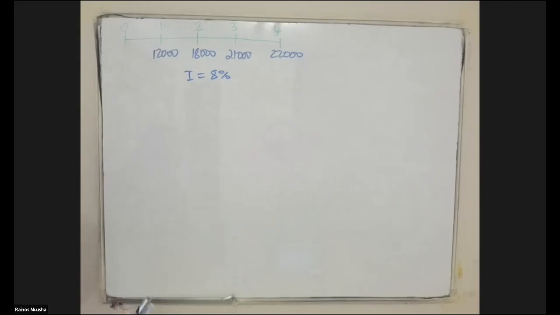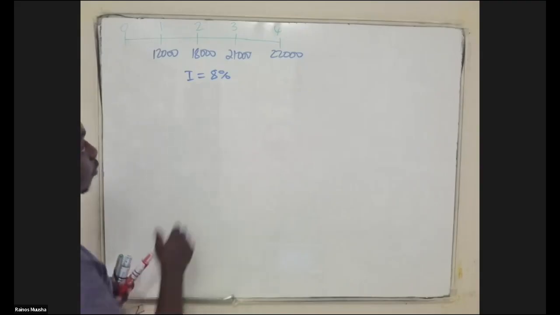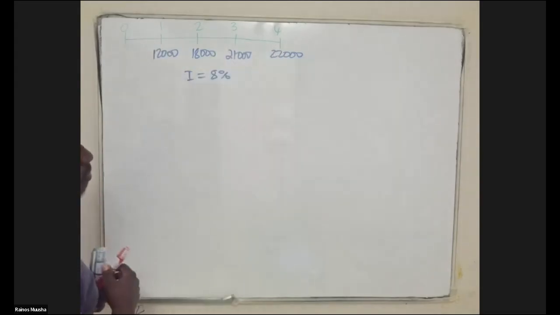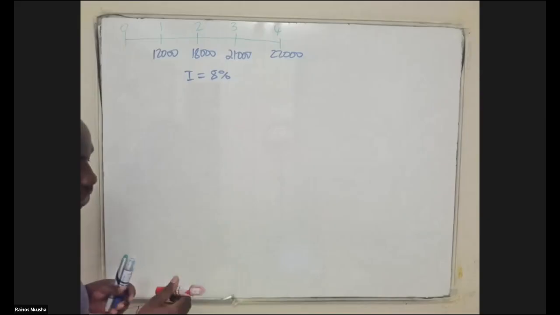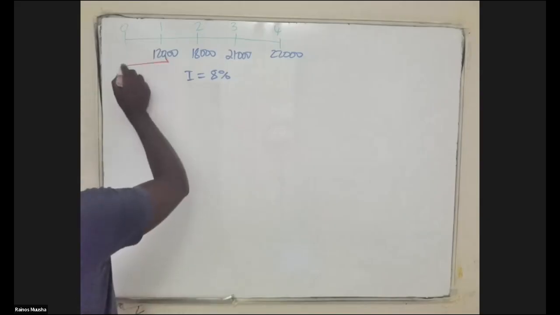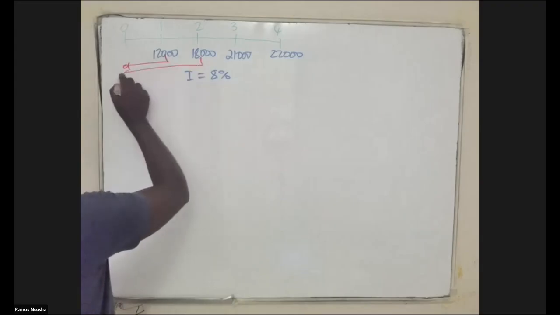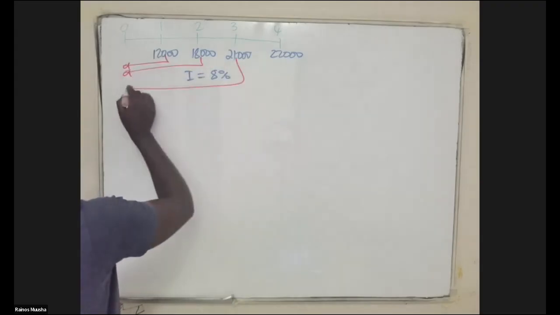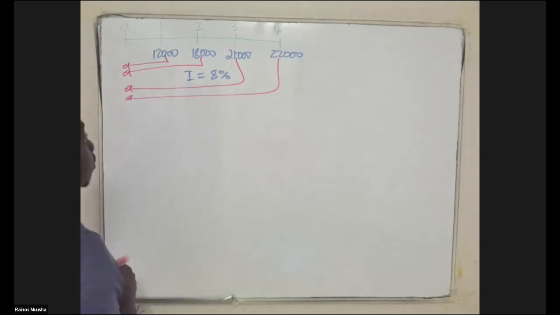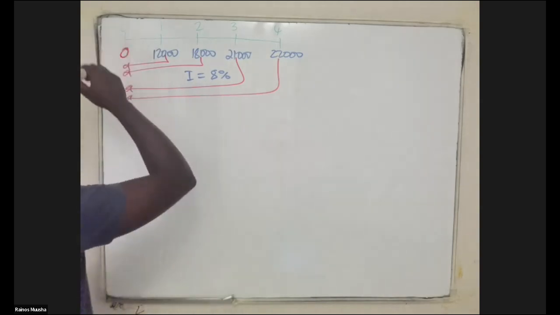So they can ask us to find the present value of this uneven stream of cash flows, uneven because these cash flows are random and they're not following a particular pattern. So in this case, they are basically discounting these cash flows back to present value. And what do we see? There is no cash flow mentioned for year 0.